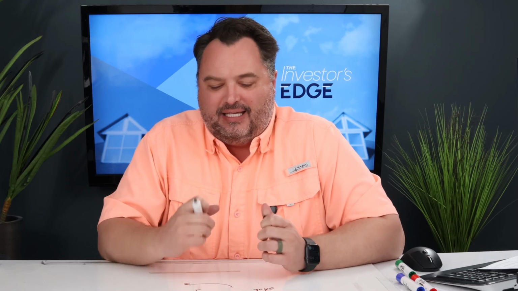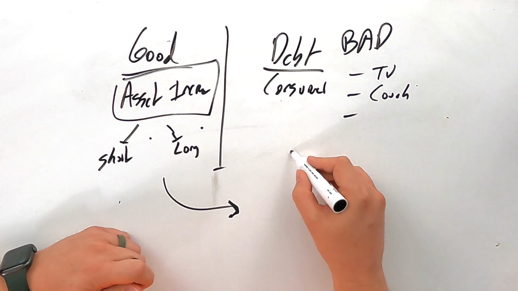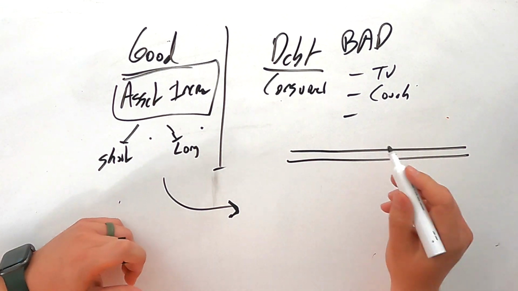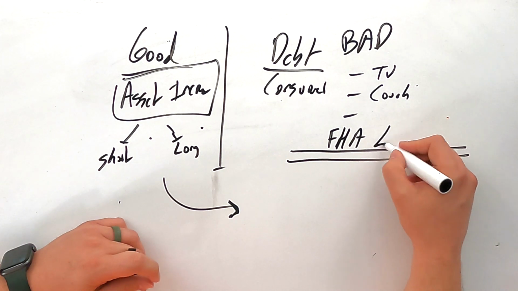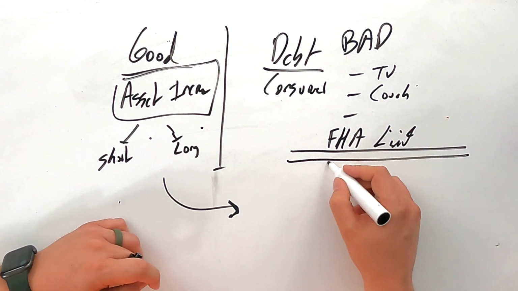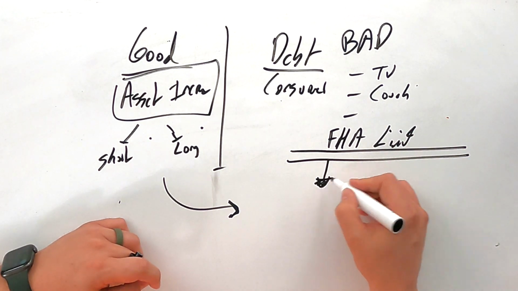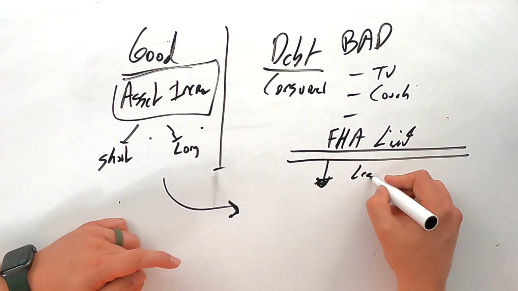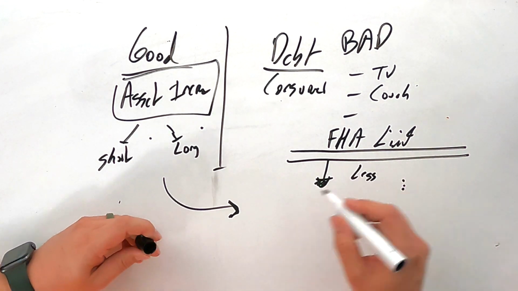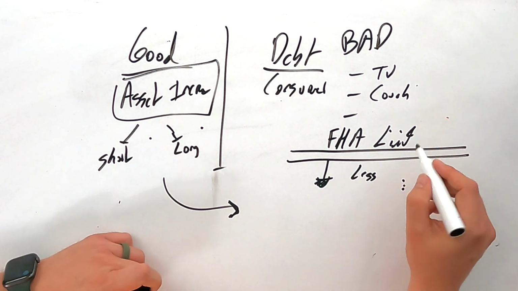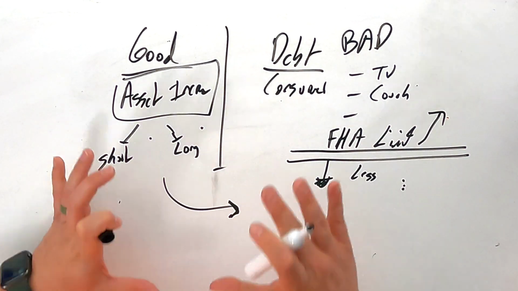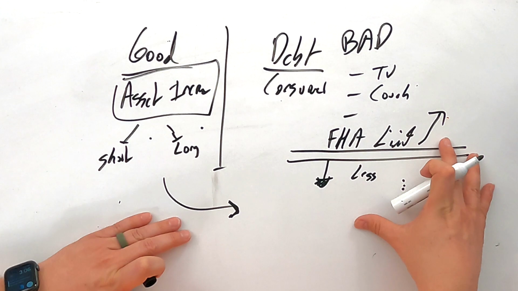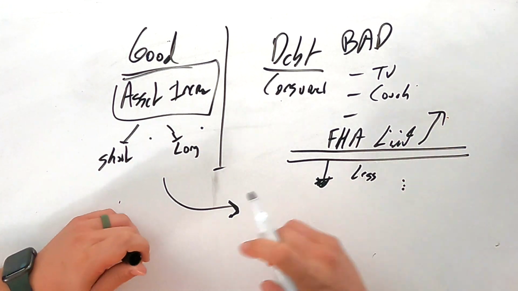The other thing that's important when we talk about good debt and bad debt is the amount. So one of the things I subscribe to is I don't ever want to be over the FHA limit. So anytime I have debt, I want to make sure the debt of the property is less than the FHA limit for that area that I'm actually in. Because my resale price, if I want to get the majority of the buyers, which FHA is the easiest loan to get, backed by HUD, I want to make sure that I'm selling in that.